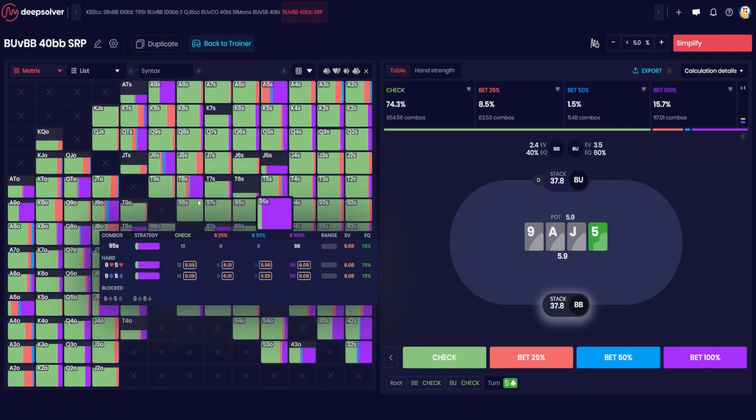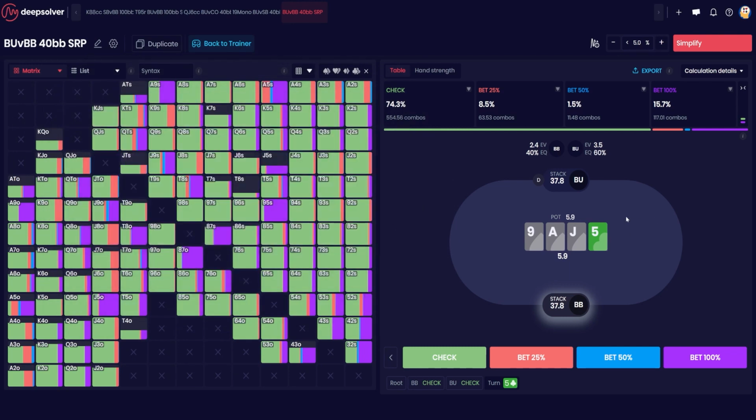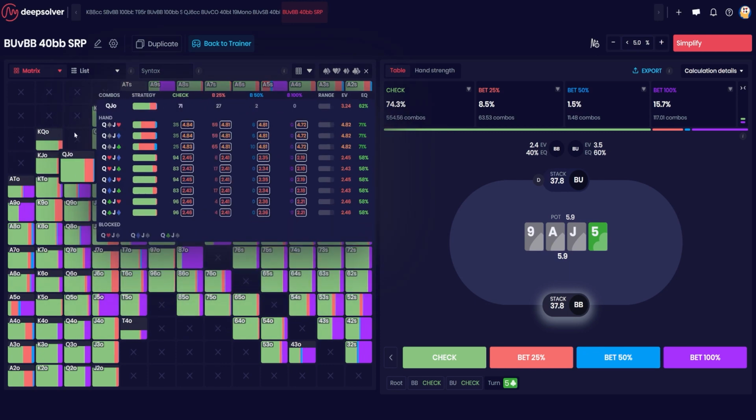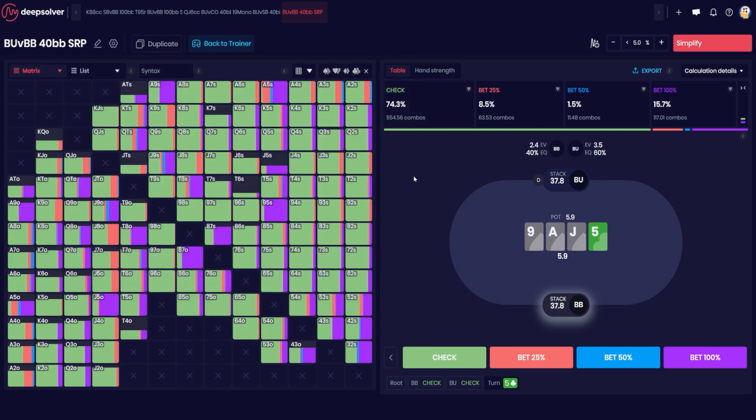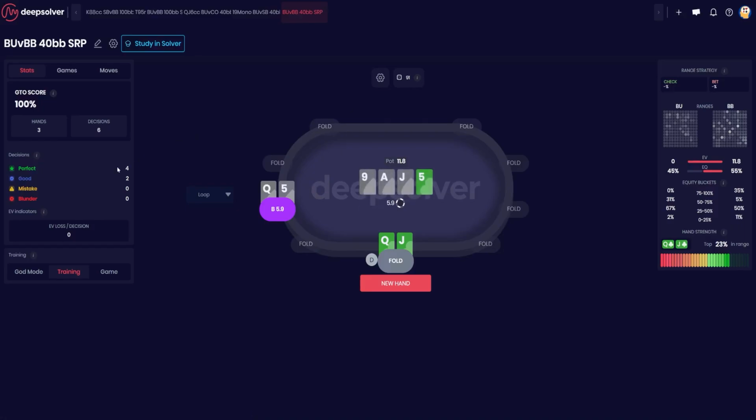Some of the spade bluffs I can see, some of the queen tens I can see maybe even too frequently, making us having a queen being a bit more of a bad combo in terms of blockers. But yeah, that's how I would use the tool to analyze and use it to warm up, evaluate how you're playing, and get better at poker.